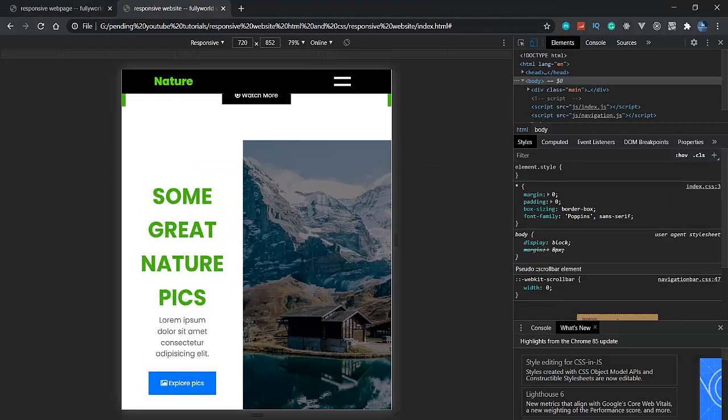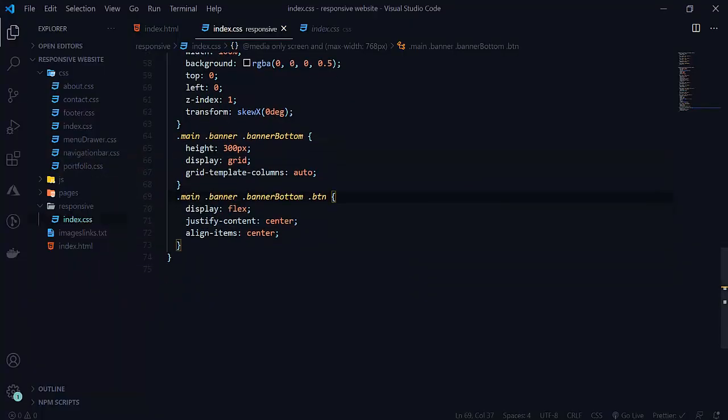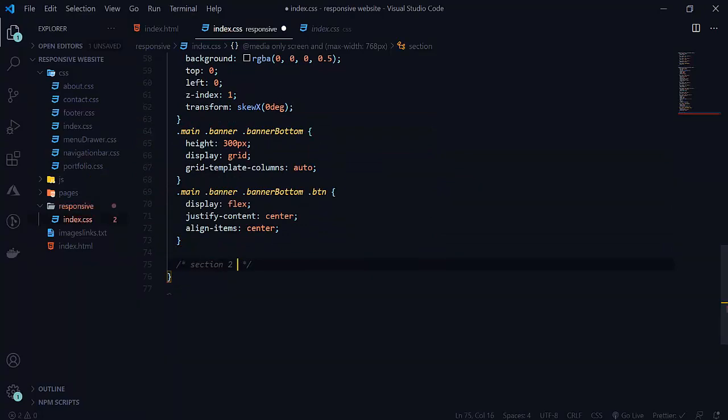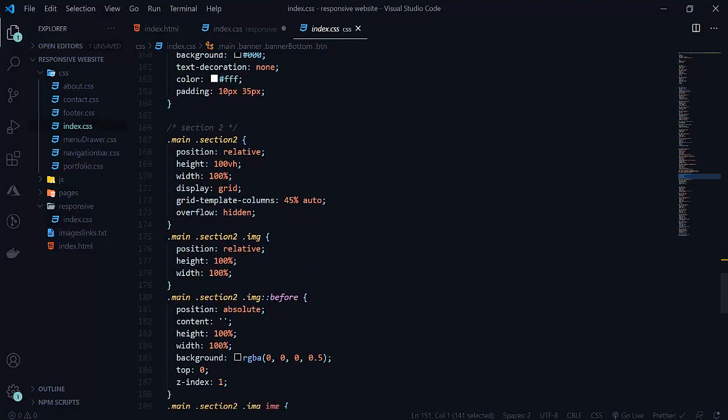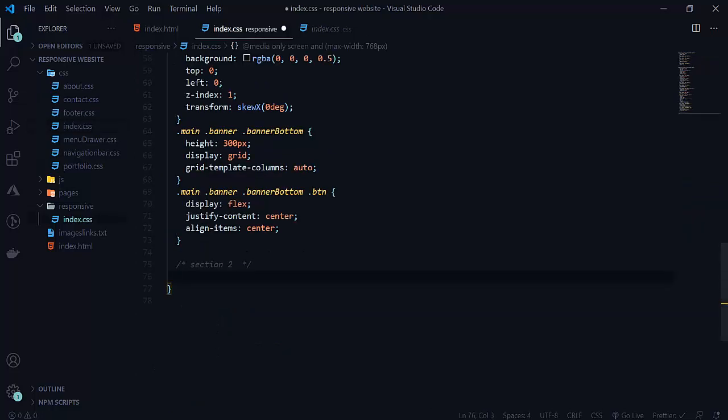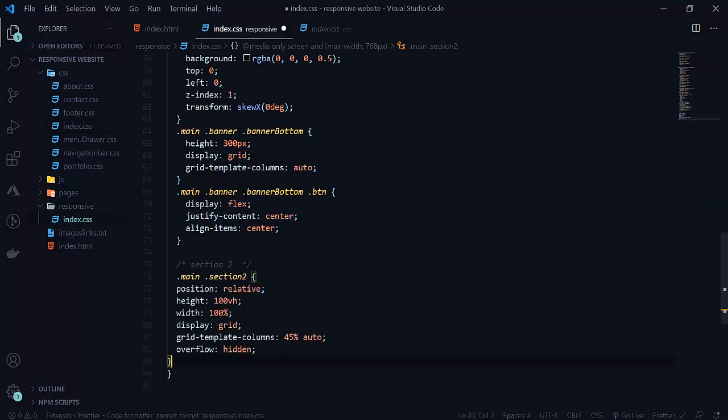So let's change this our section 2 here. I will write section 2. Go to index.css, and for the section 2 we will just do the same like that. Paste this section 2, and the grid here we want as display block.